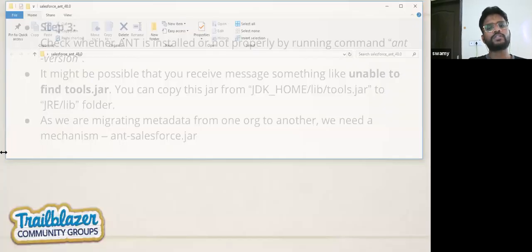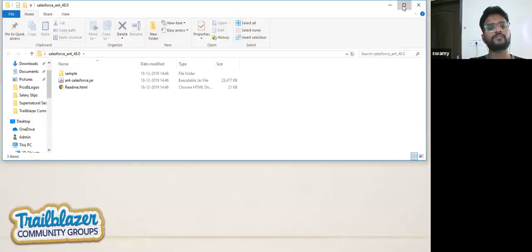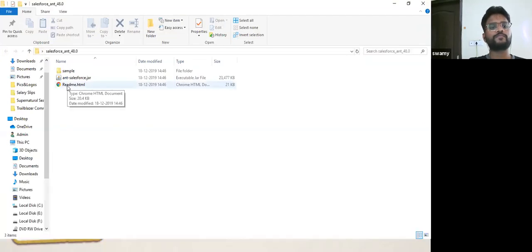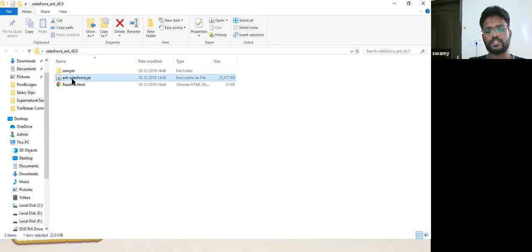After unzipping this file, you will get these three files. This is ant-salesforce.jar. You have to copy and paste it in the lib folder of your Ant, so that all the basic instructions that we are going to define after a few slides will be understood by my Salesforce org, right?